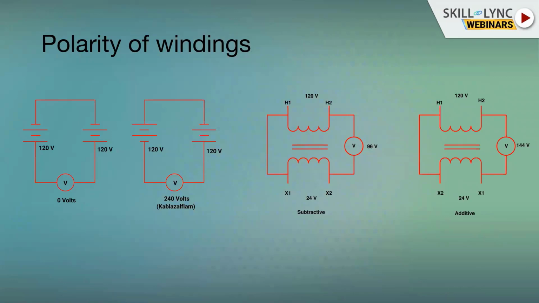What is polarity? There's another interesting element we need to understand. We all know that you have polarity for the batteries, right? You have a cell at home, 1.5 volt cell you buy from a shop. It is marked always with positive and negative, right? That is very clear. When it comes to the AC power system, we all know that the voltages and currents flow back and forth, 50 times every second. That is the frequency in this country. It could be 60 hertz in some other country. They keep flowing back and forth.